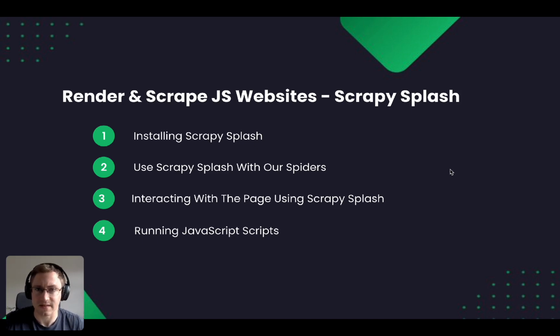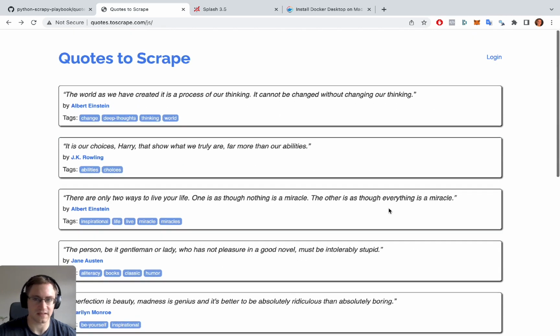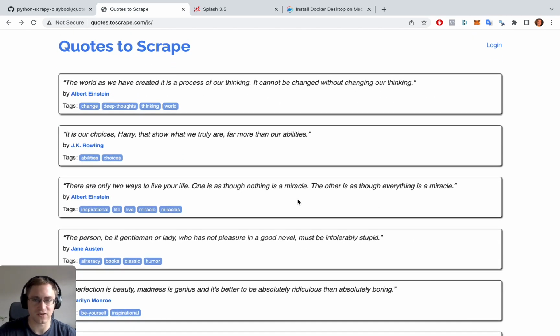So let's get started. For this tutorial we're going to be scraping the site Quotes to Scrape, which is JavaScript rendered, and it's got different things, like there's also an infinite scrolling version of this page as well. So it's very useful to test out our different scraping methods and seeing how we get on with the different